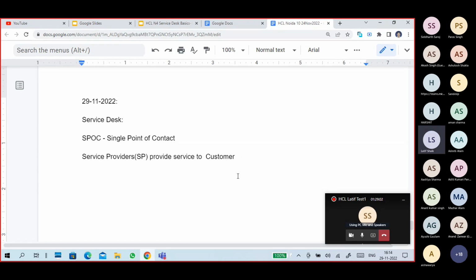Very simple. The service provider provides a service to the customer. So the customer is getting service from the service provider, of course.